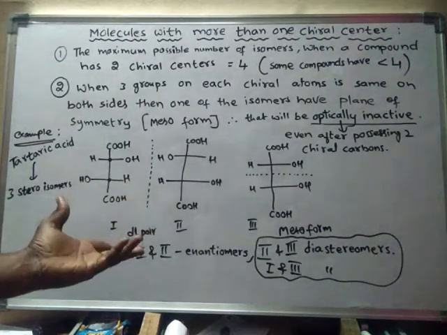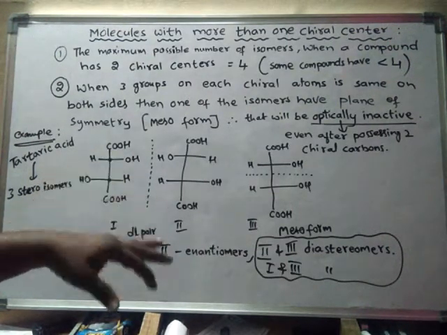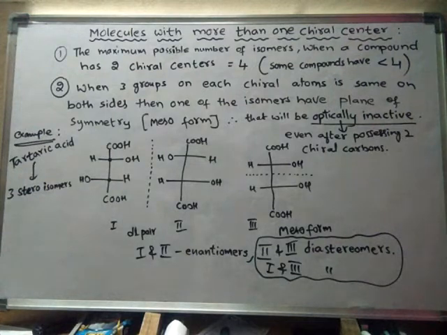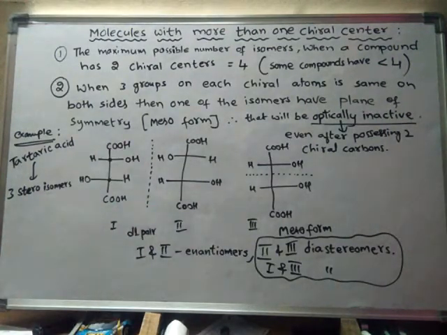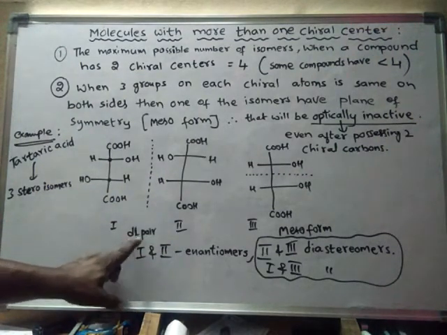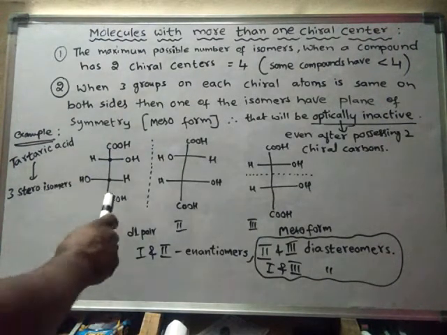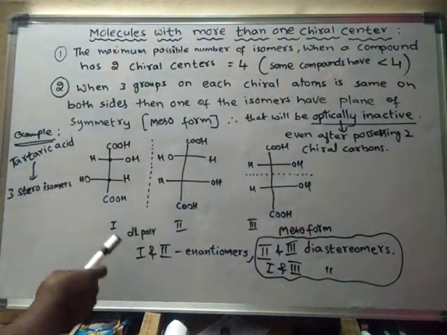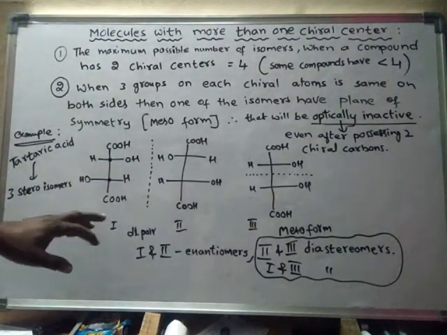We cannot decide whether this one is levorotatory or dextrorotatory, because that can be determined only through experiments. So we cannot tell which one is D and which one is L. Hence we simply say that these two together are a DL pair. Out of these three stereoisomers, 1 and 2 are said to be enantiomers because they are